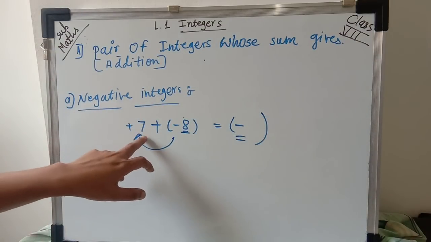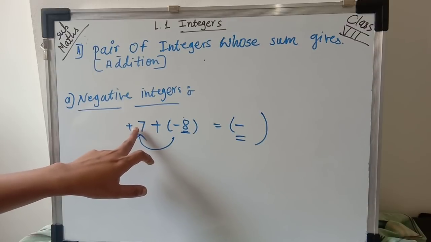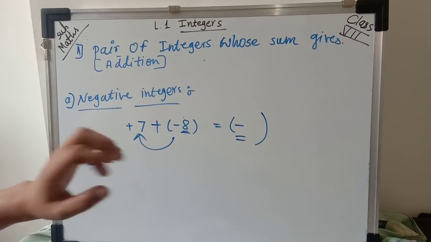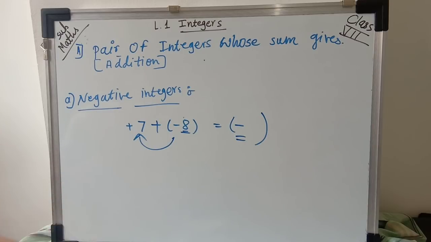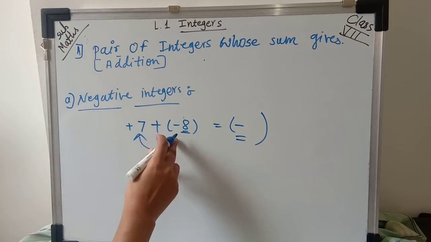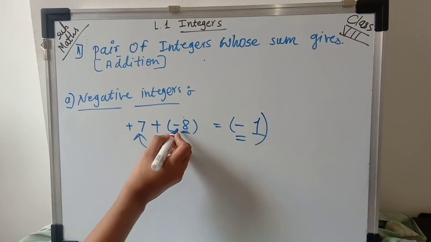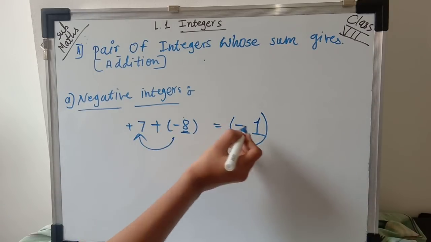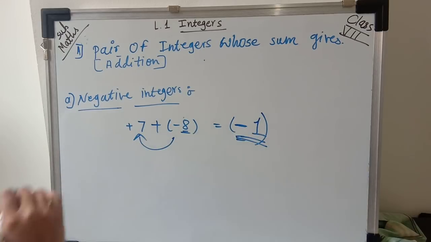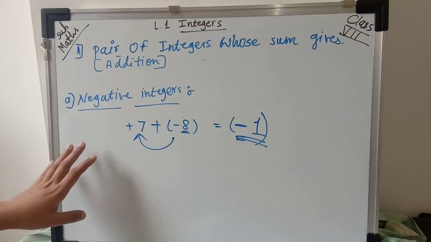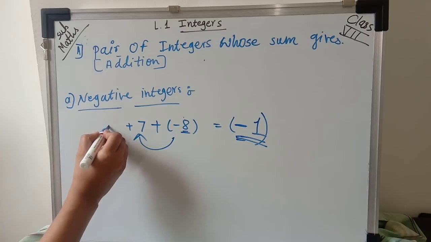Okay, and we want the pair of the integer whose sums gives the negative integer. So here if we'll add them together, positive and negative integers are there. When positive and negative integers are there, what we have to do? We have to do the subtraction. So 7 minus 8 is equal to 1, and 8 is the bigger integer over here, so here we'll give the sign and here we got the negative integer. Okay, understood? Now this is the one possibility.